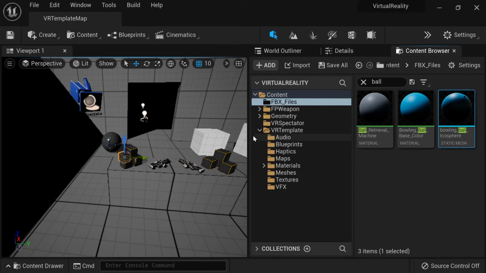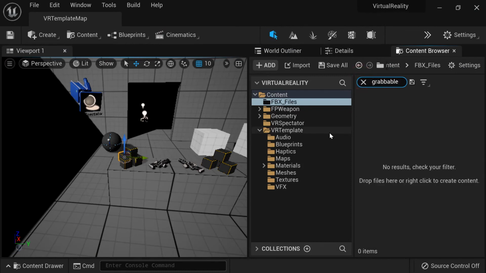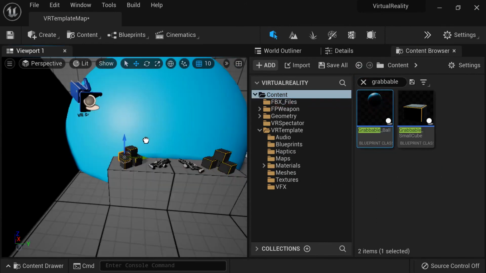Okay, here we go. Now, instead of adding this icosphere mesh to the scene, I am going to find our grabbable object inside of content. I'm going to take the grabbable ball and put that